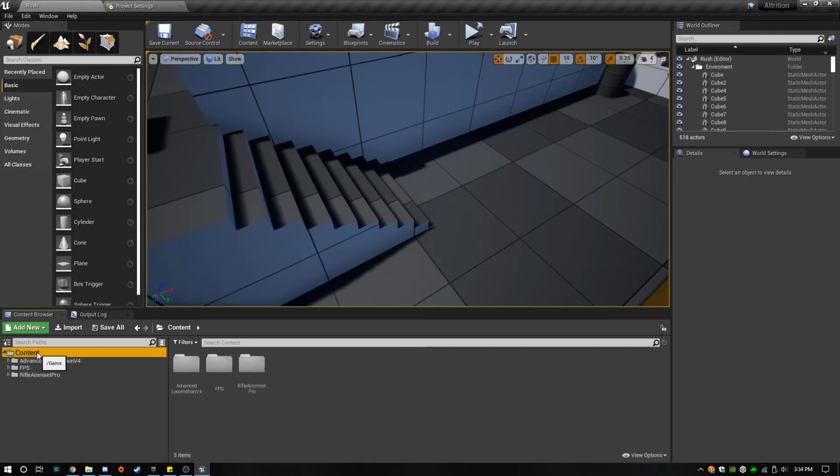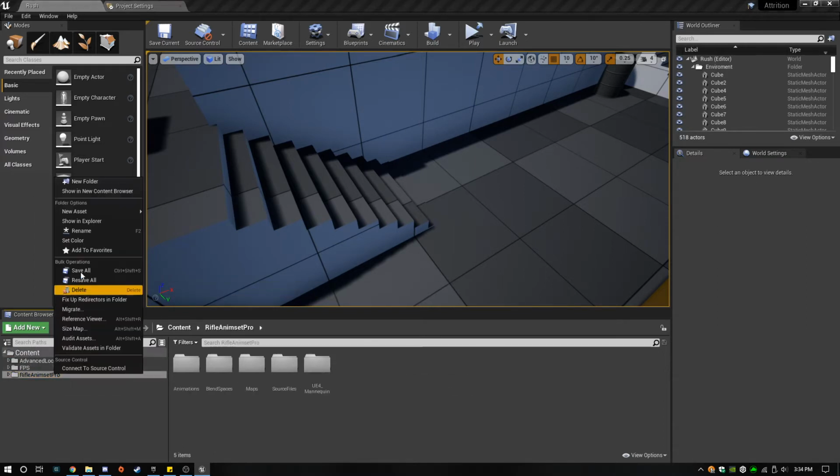We do a quick fix up redirectors. It's good practice. And we're good.